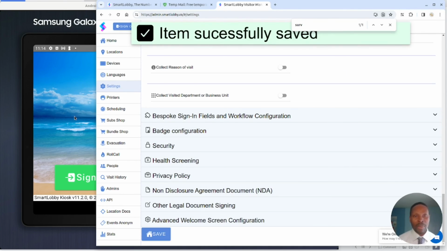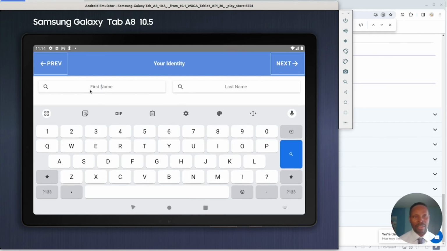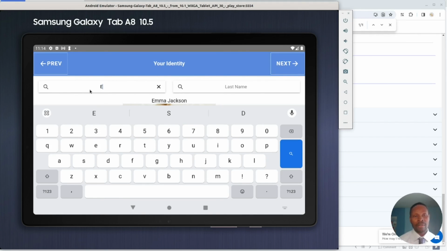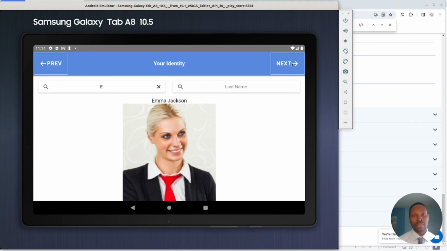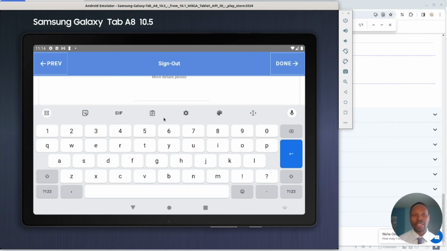All right. So let's say Emma went to work and she just finished. So she comes here, she types again Emma. Because she's the only person there, she types E, and we have Emma already. Then she can sign out and she has the survey. If she was happy, fine, happy days. If she was unhappy, she can put more comments here and complain about something, you know. Let's say she complains about the toilet. Let's say toilet